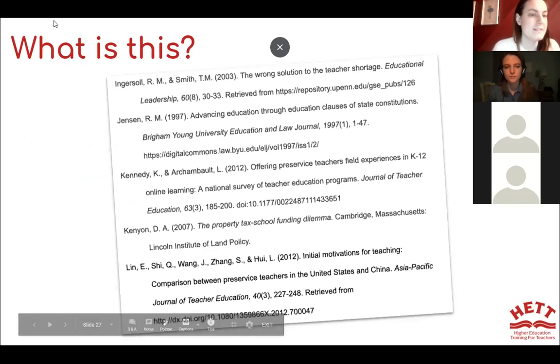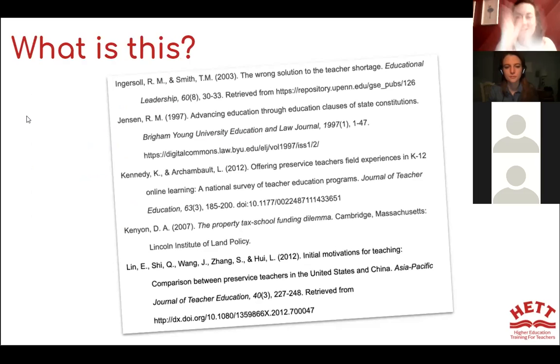Okay, what is this? What does this represent, or what does this show? If it had a title on it, what would the title be? Yes, good. So yes, this is references.